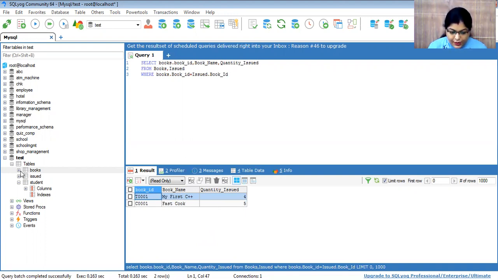Okay, I show you here also. Now only the two, T001 and C001, I can show you in the question as well.